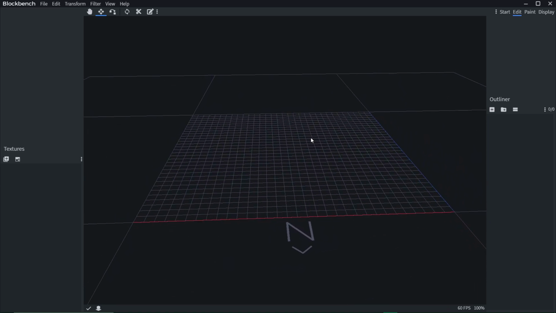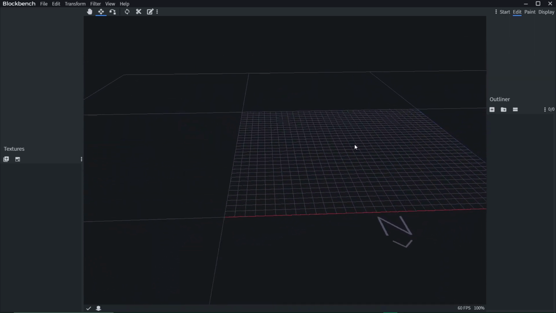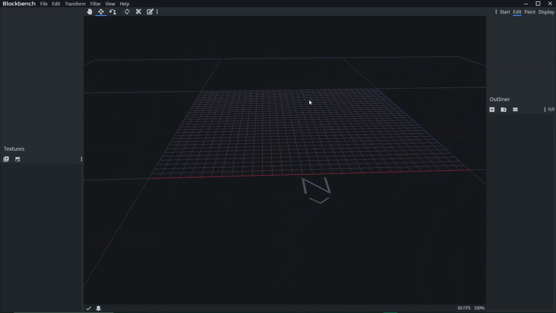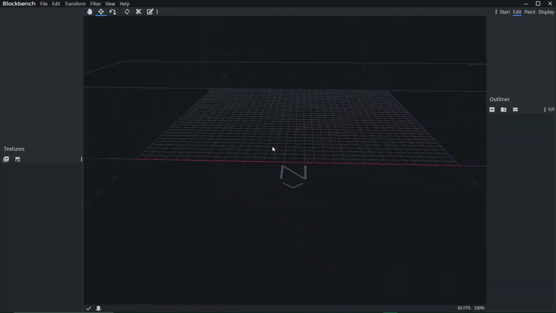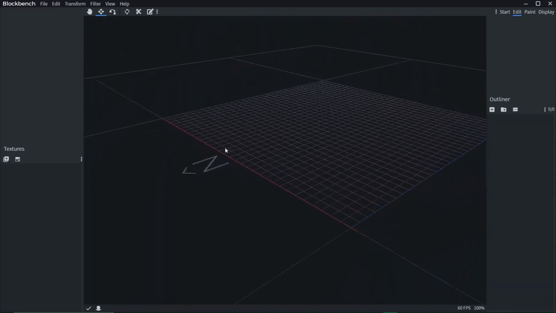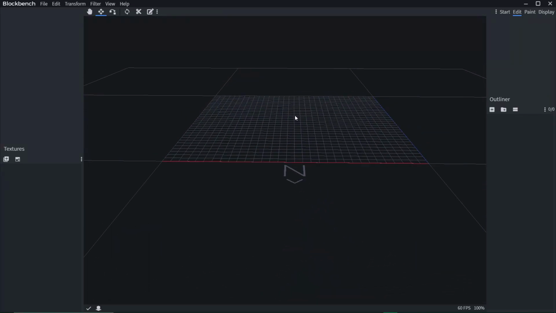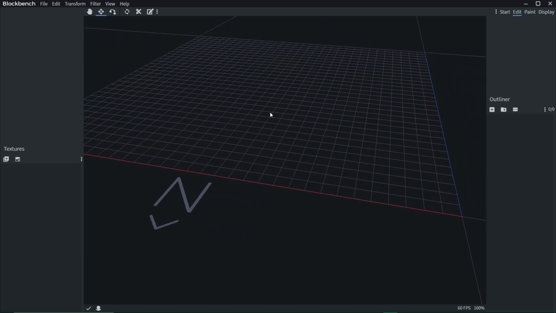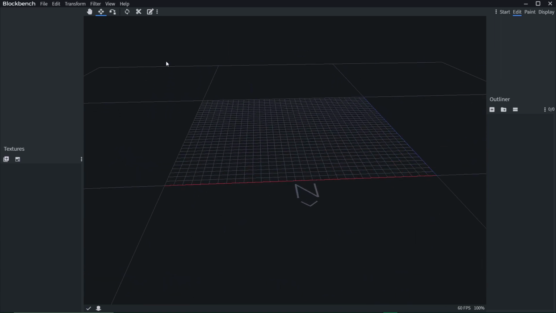So if you hold right click and drag your mouse, it will drag the entire screen around, and if you use the left click, it will use directional dragging around the point that your mouse is at. And lastly, if you use your scroll wheel, you'll be able to zoom in and out. So those are the only things you really need to know about Blockbench before we start going into the actual